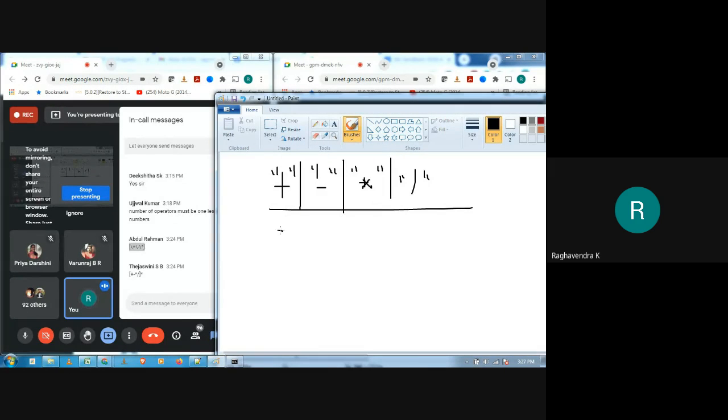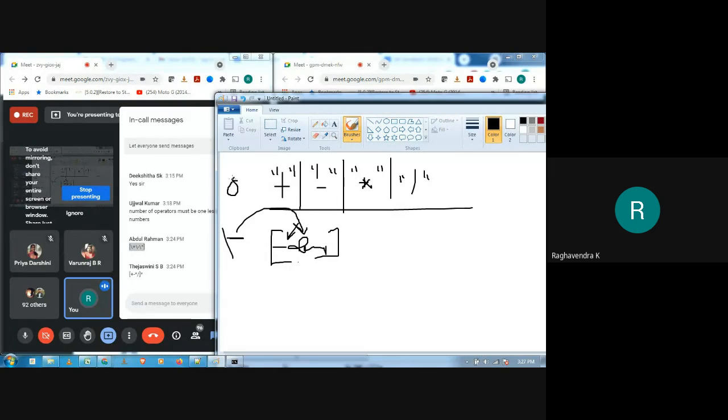Of course, you can use a character class also. That's not a problem. But be sure that you escape the meaning of metacharacters, especially that minus, because minus inside the character class specifies a range. So if you simply specify minus, then it will give some error. So escape the meaning of that and then use it in your character class, as Abdullah has done. Okay, that is one thing.